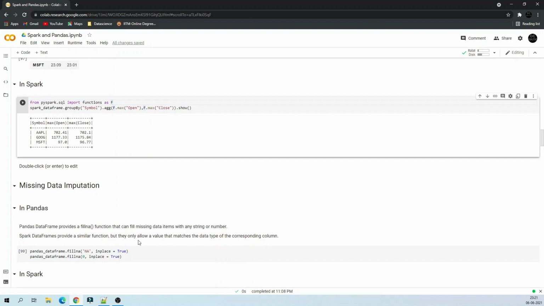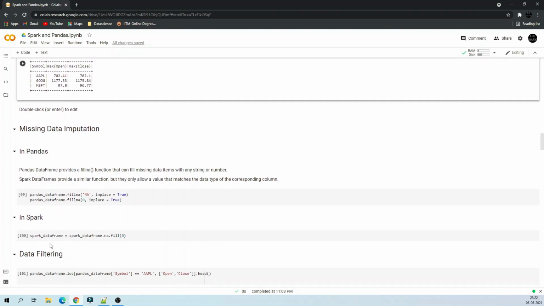Then how do we handle missing data imputation? In pandas, we can do missing data imputation for both categorical and numerical by using fillna. If you give a string, wherever you have a string feature with missing values, it will fill it with NA, and for all the numeric it will fill it with 0.